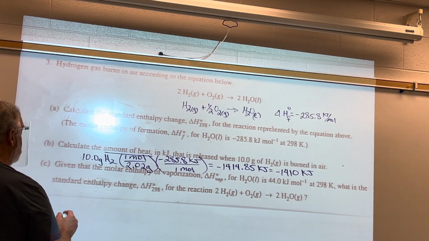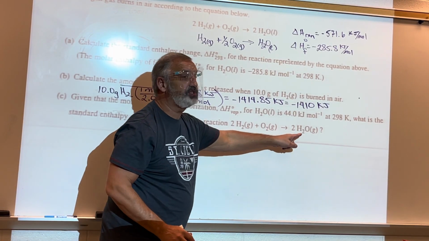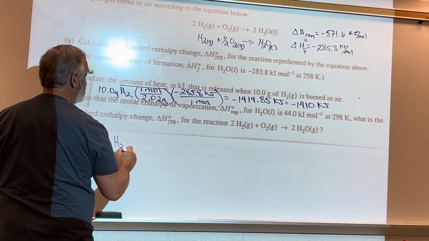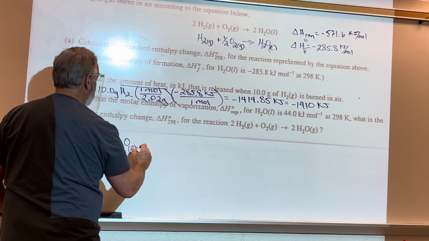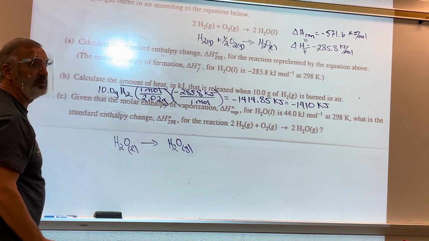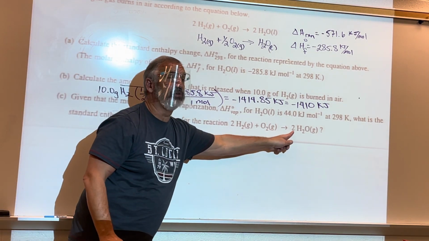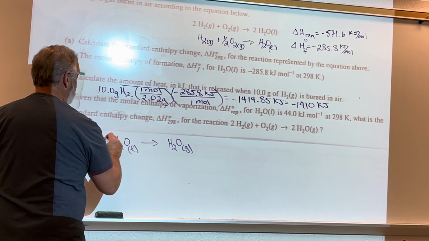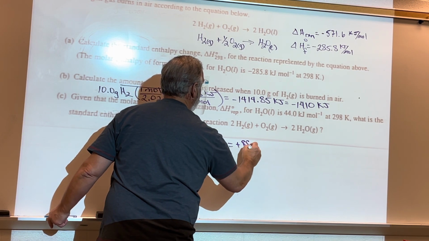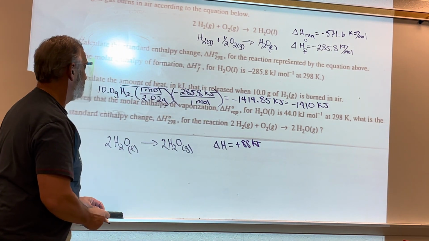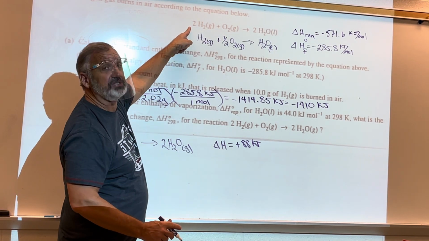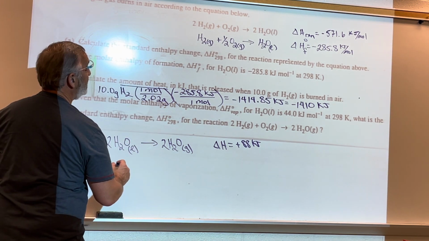So the equation, I need 2 H2O gases. Okay, so I know that I have H2O liquid going to H2O gas. That's what we just said. But in this equation, I need 2 water. So I would have multiplied this equation by 2. So then my delta H over here is going to equal positive 88 kilojoules. Then I know that I have to get the 2 waters to cancel out, so I use this equation that we just figured out and say that,